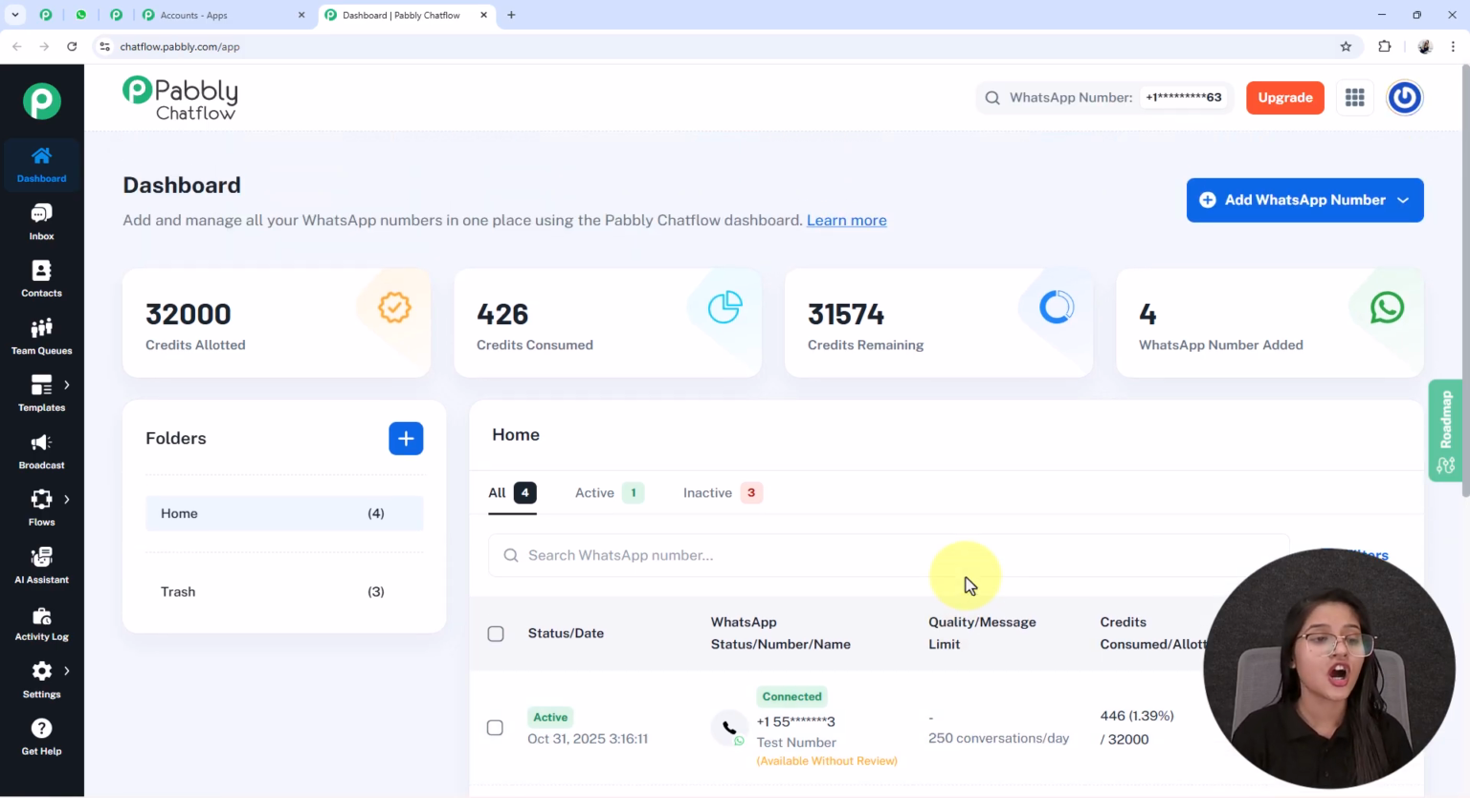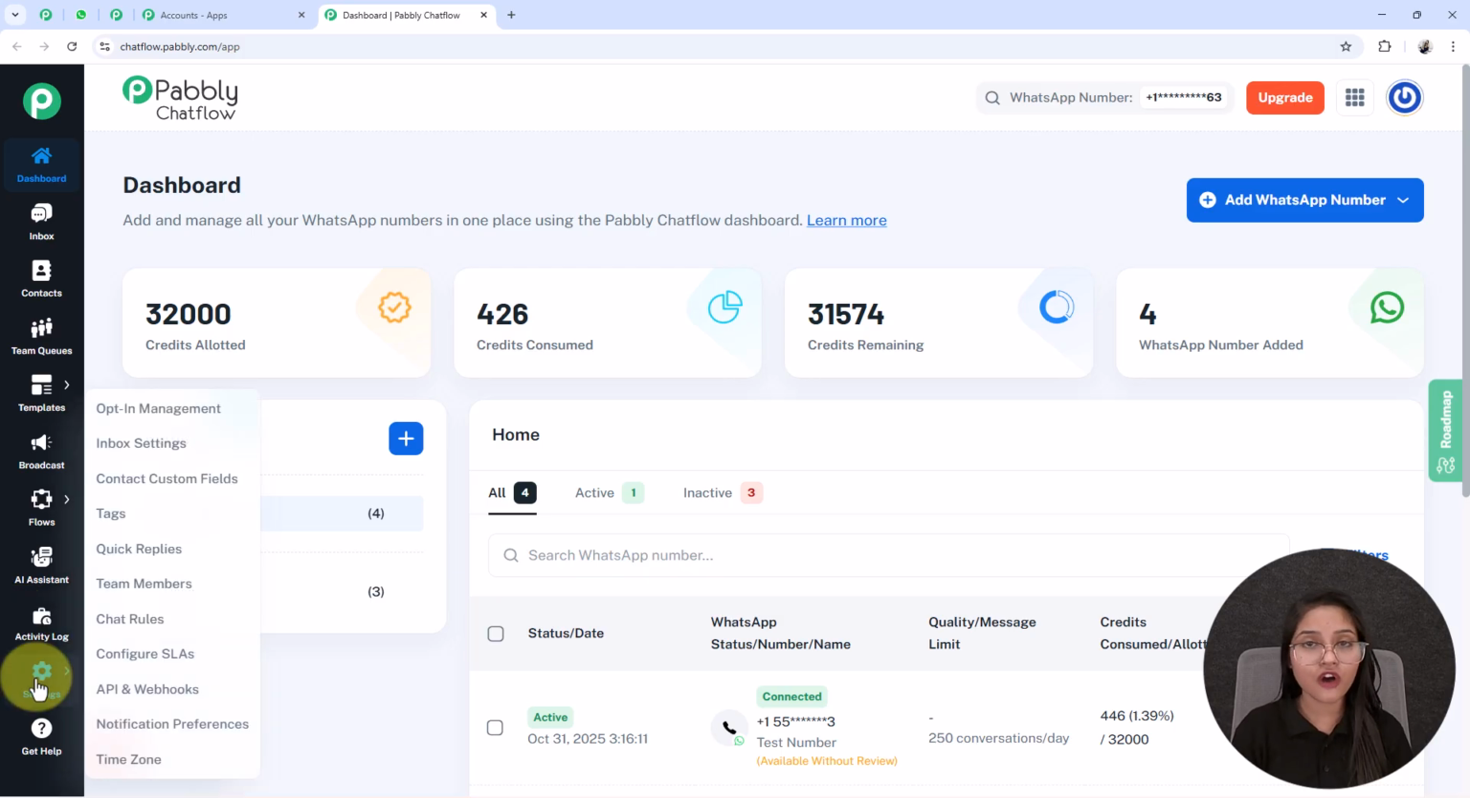Chatflow account. On the left hand side, you will see the multiple features of Pabbly Chatflow, that is inbox, contacts, team queues, templates, broadcast, flows, AI assistant, activity logs, settings, and get help. If you want to learn more about all of these features, then we have already created a separate video for